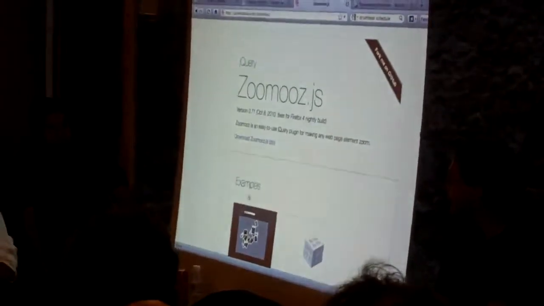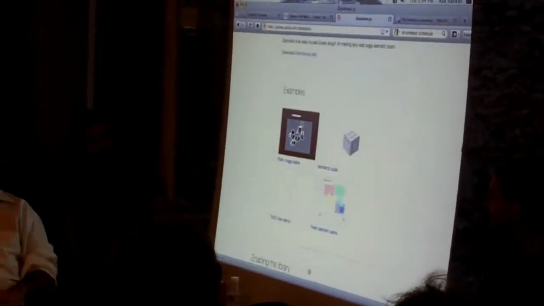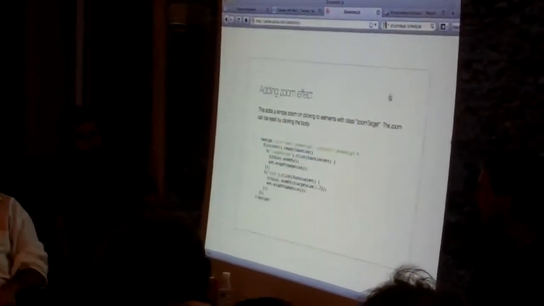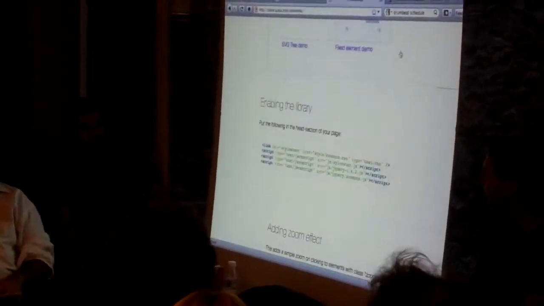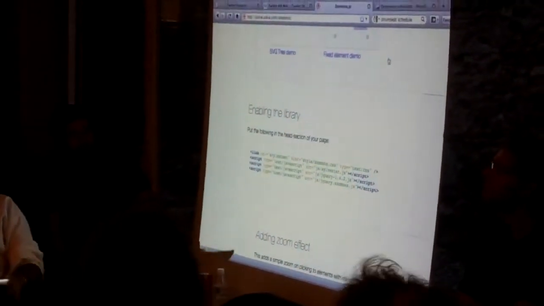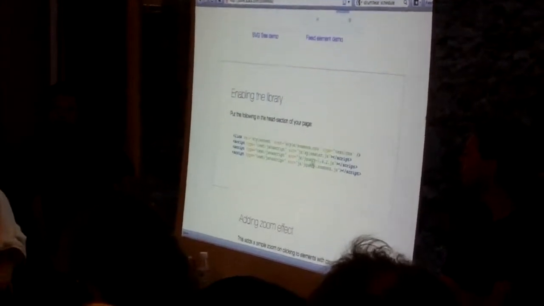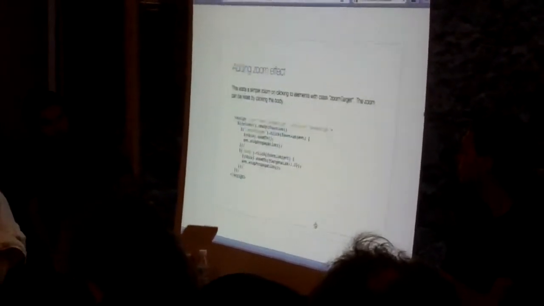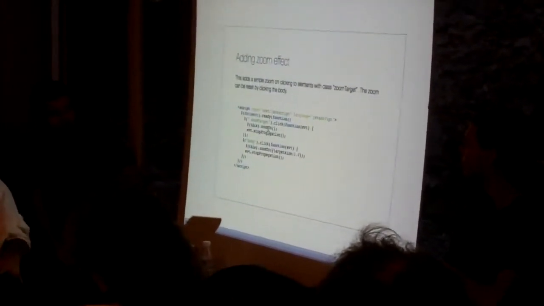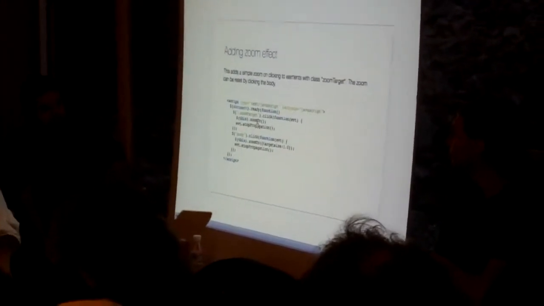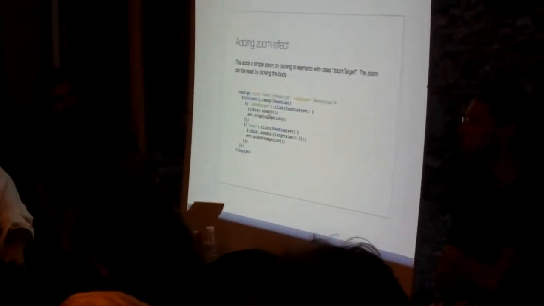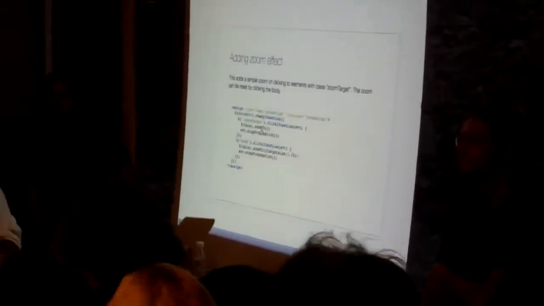What it does is just lets you zoom around in a page. If you click on it, it goes in and out, using all standard HTML technology. It's very simple. You just have to include a couple lines of code at the top, and then you use one line of code, zoomTo. So given this, I'm like, aha, I think I can make this zooming thing where each Twitter stream comes in pretty easily.